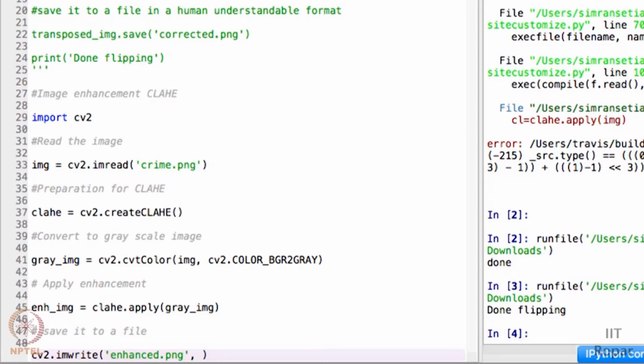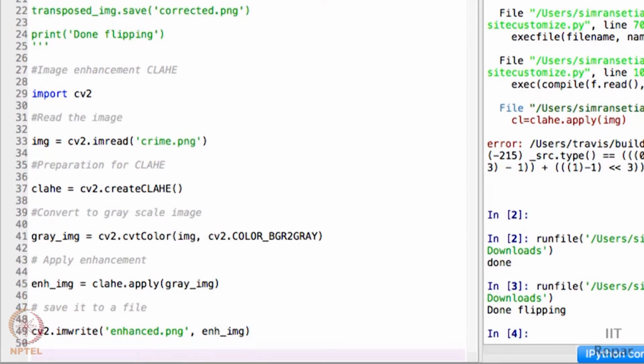And this image must be an image corresponding to this particular matrix, the enhanced image. The enhanced one has to be written from matrix representation, which is understandable by computers, to a representation that is understandable by humans. So we have to pass this as well. And this particular file should be named enhanced.png. That is the command. We are done with it. So once everything is saved, to notify us, let us print done enhancing.